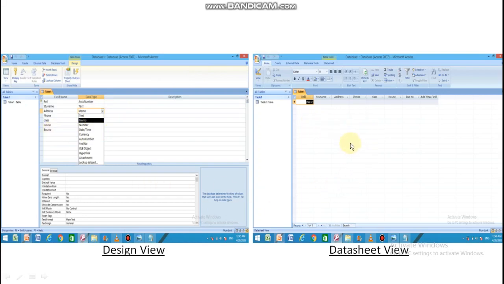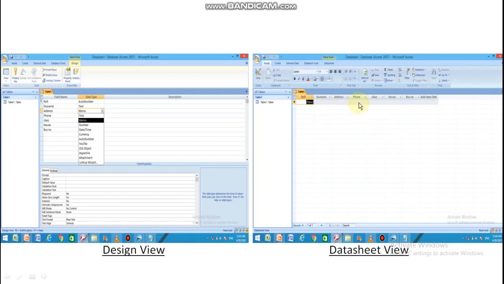The datasheet view is used to enter data in the table. When you double click the table name in the navigation pane, it opens the table in datasheet view. As you can see, the same field names which we decided in the design view appear here.